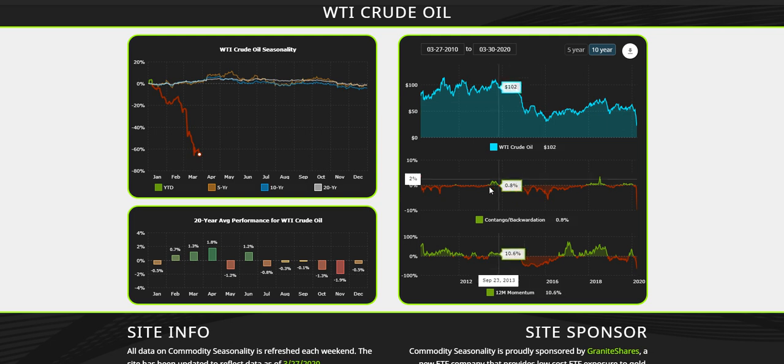Think crude back here in 2013, crude back here in 2014, crude even in July of 2018, before we started really falling apart in the fall of 2018. And then in fact just recently we were there in December and January, fall into the beginning of the year. We went into contango, which is normal, but contango is so extreme now, indicative of a bigger low, which obviously works so far. So moving on from there, I said we would look at the Canadian dollar as well,